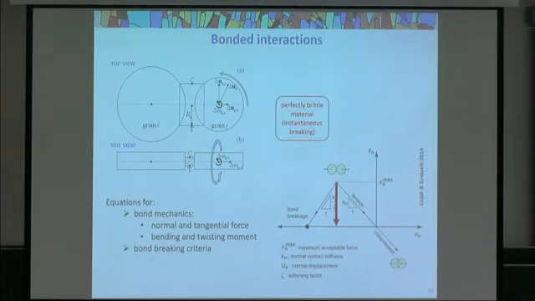In a great majority of DEMs, the material is treated as something perfectly brittle at the grain level, which means that the stress is reduced from its maximum value towards zero from one time step to the next, which is not very realistic, of course,